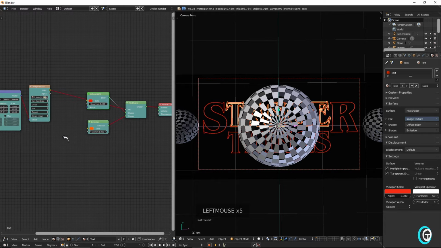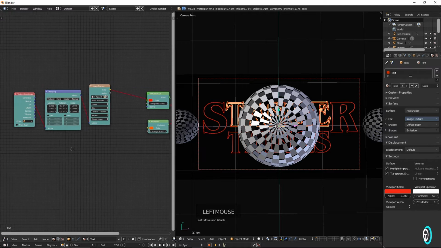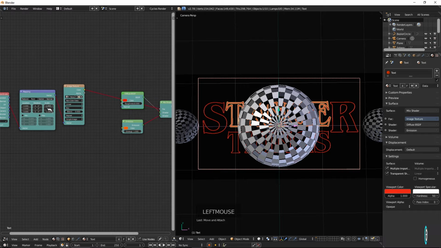It's going to break this up here. And we are going to change the projection to box, and we're going to leave this to linear. And we'll go ahead and change the mapping scale. Let's go ahead and try